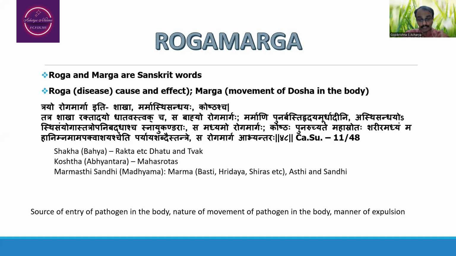Further, the nature of the movement of the pathogen in the body. So that is the nature of the movement of this particular pathogen. For example, if the movement of the pathogen is going to take place through the oral cavity, naturally the movement will take place from the mouth to the anus. In that situation, the pathogen moves through the mouth, pharynx, esophagus, stomach, small intestine and large intestine, and later is eliminated through the anus.